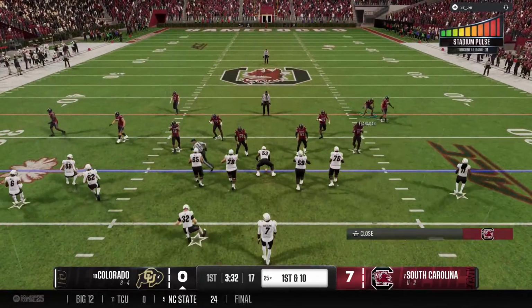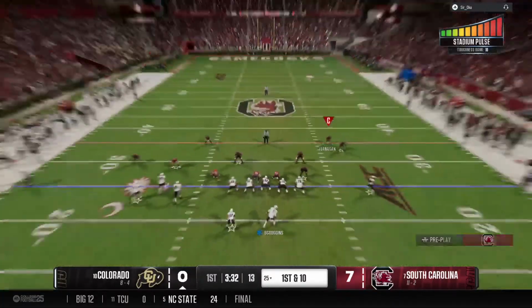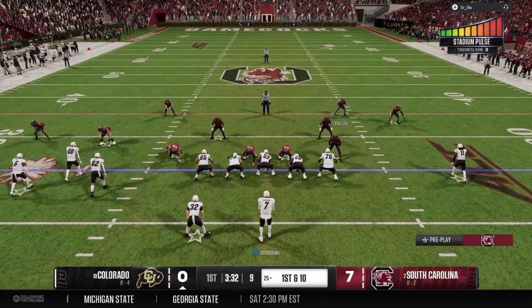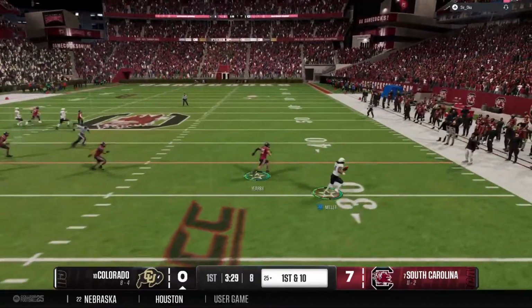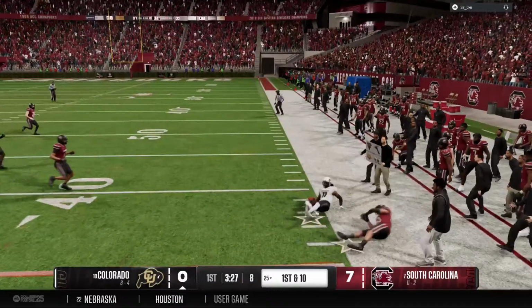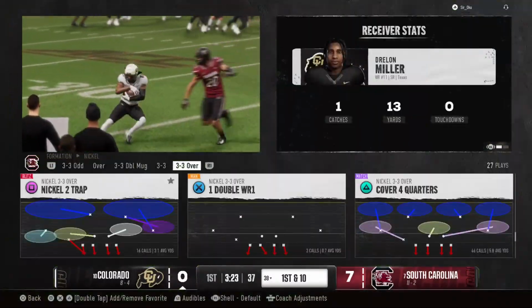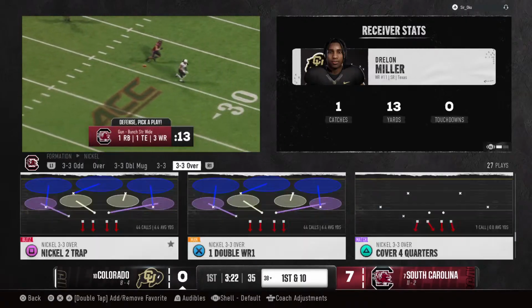And the Colorado offense is back out on the field. We'll see if this quarterback can shake off the interception he threw in the last possession. First play of the drive, looking to throw the football. Nice grab. It's Miller. And the gain is good enough for a first down near the 38. They bring him down, but the veteran quarterback shows off that trademark arm strength.